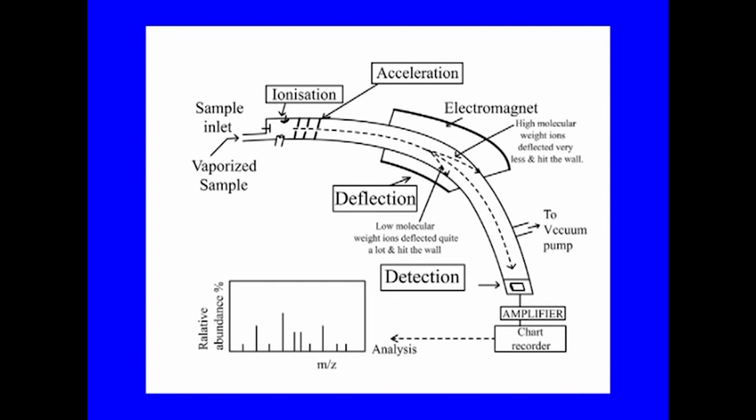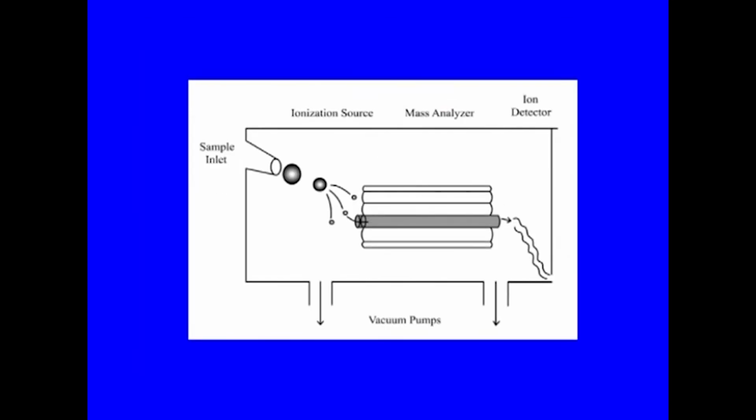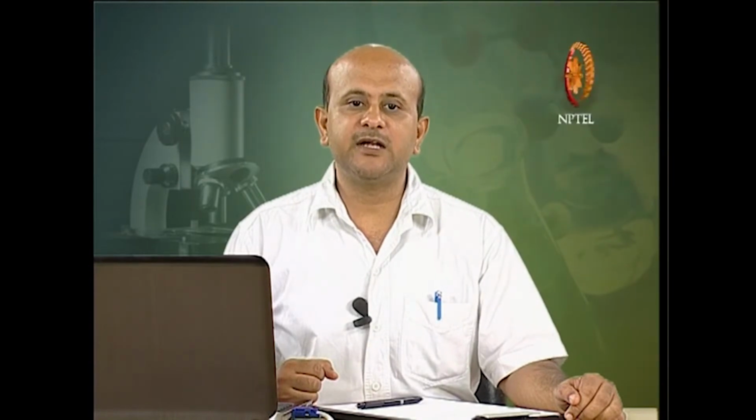On ionization, the ions will pass through a particular mass analyzer and be separated on the basis of their mass to charge ratio. Finally, they will go to the detector, where the spectra will be recorded, or analyzed and detected in an ion detector. So, 4 basic components, as we have seen in a mass spectrometer, are the sample inlet, an ionization source, a mass